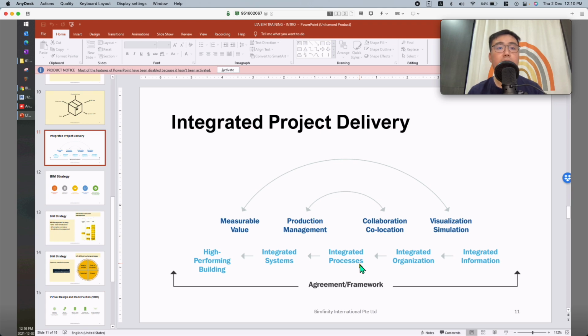The delivery of the building, the asset, or the project should be a really good one, since everyone is on the same page, is using the same process and systems, and having adequate time to do their design and construction coordination. So moving forward,